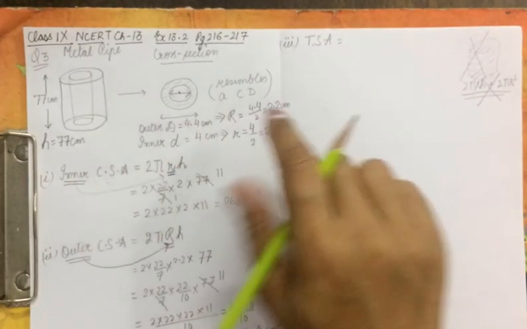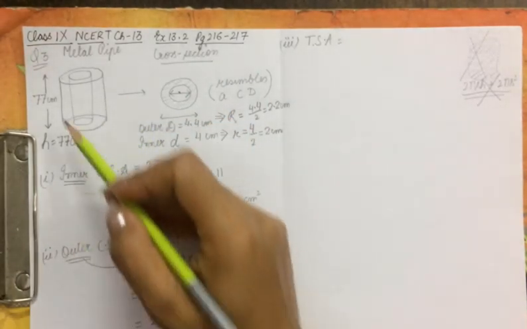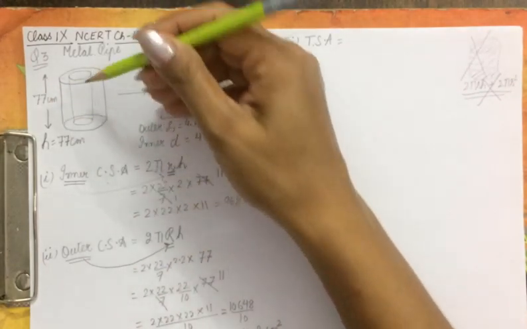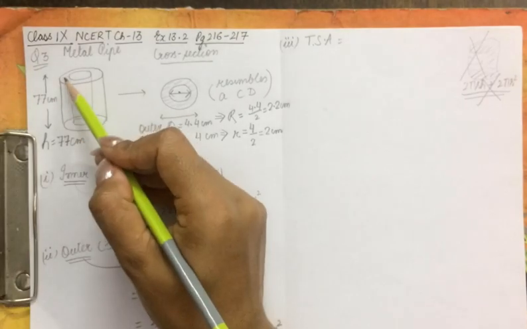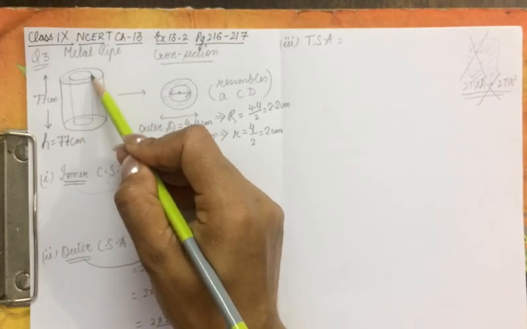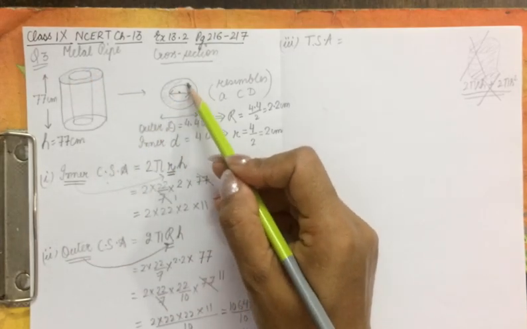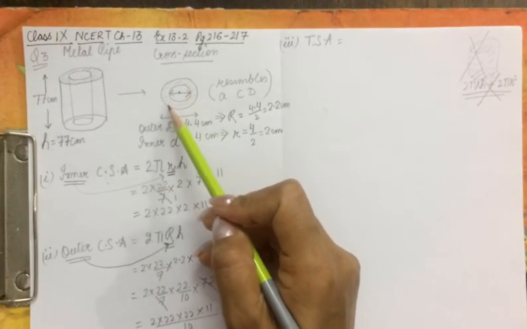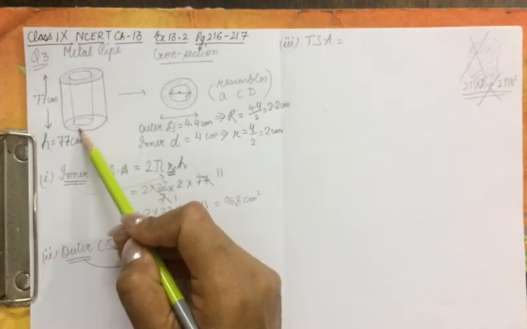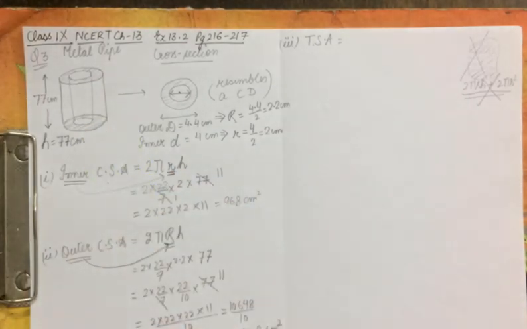In this case, when we have to find out the total surface area, we need the outer curved surface area, the outer cylinder, then we need the inner curved surface area, and the third thing that we require is the area of this ring. So you can see there is a disc shape, like this kind of circle will be present on top, and another circle of the same shape will be present at the bottom. So we need to find this area as well, the one I have shaded, and this actually is the area